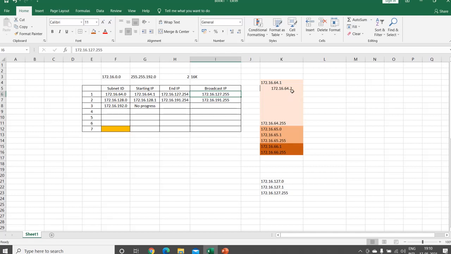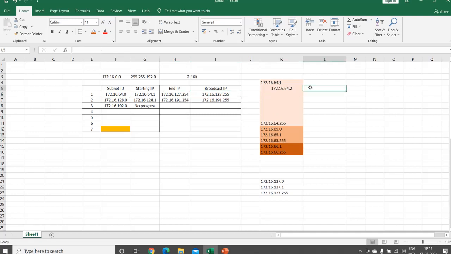By typing different types of segment, right? So we are getting this many IPs in one subnet. Okay, 64.0 is one subnet we started. Within the 64.0, we have so many IPs. For all these, this is going to be the broadcast address. So this is how we get 16,000 IPs.